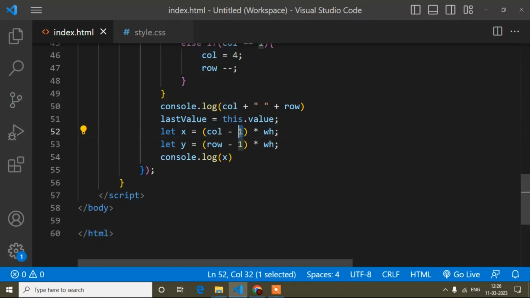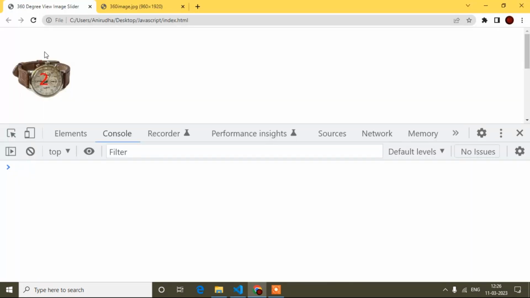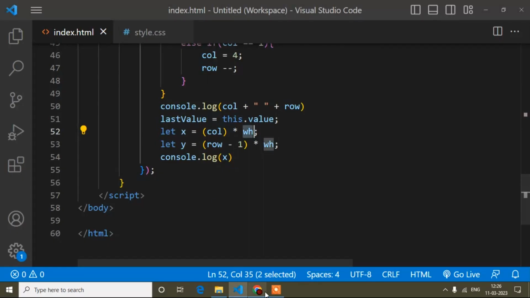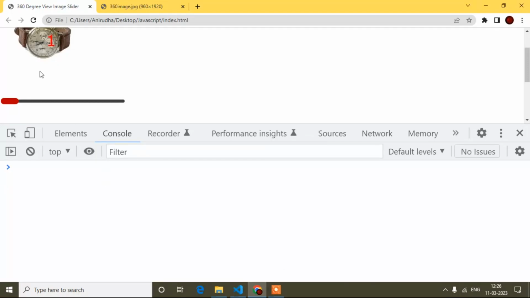So if I show it like this, when I move, col 2 into 240 means, when I move this range slider, the col value will be 2, right? I'll save this thing and refresh.